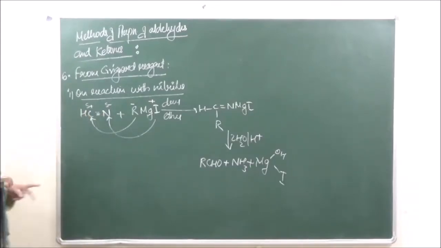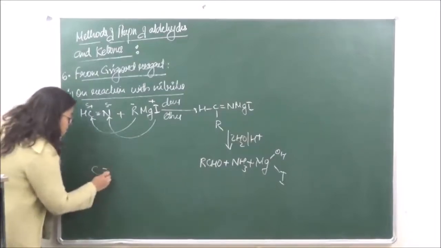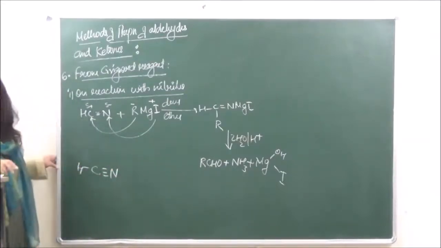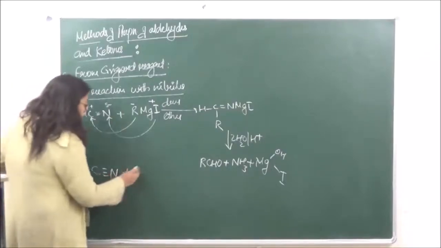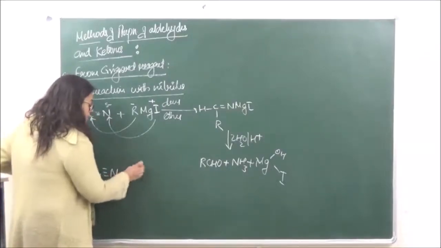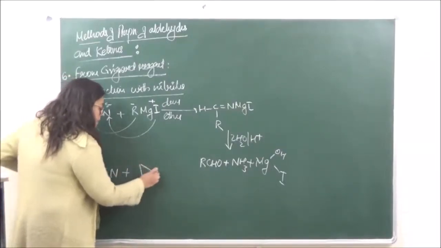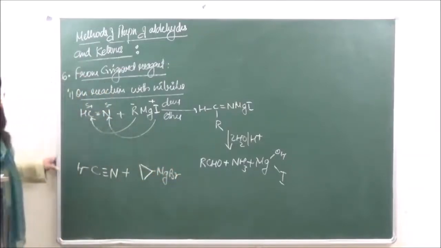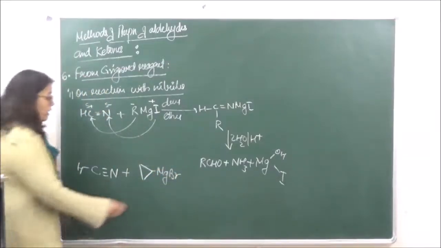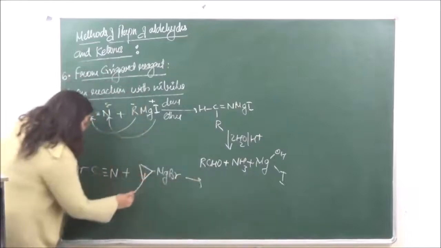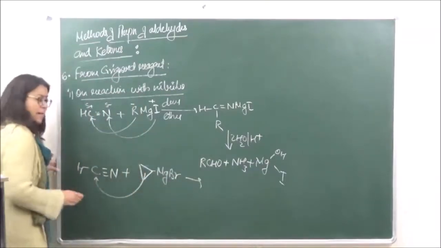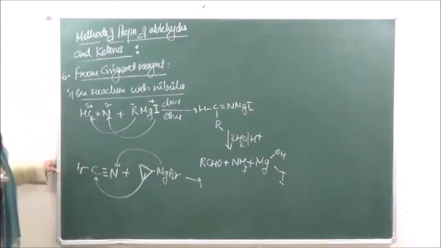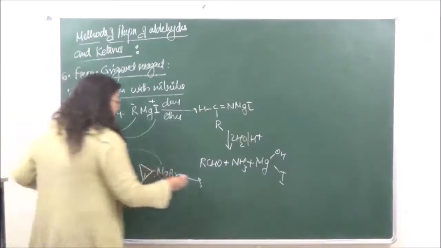So if you are getting any kind of compound of this type, we are taking a cyclic. Now what will happen here, as I just said, this is going to go and attack at this carbon atom and MgBr will attack at the nitrogen. So we are going to get an addition product of the type